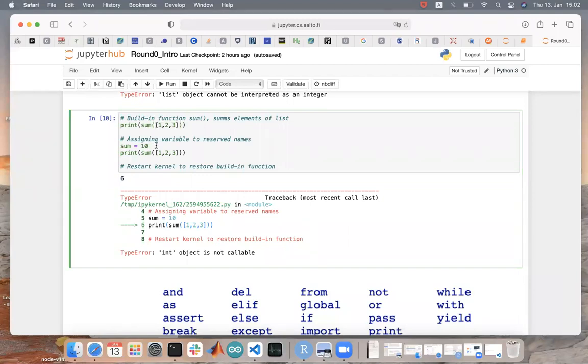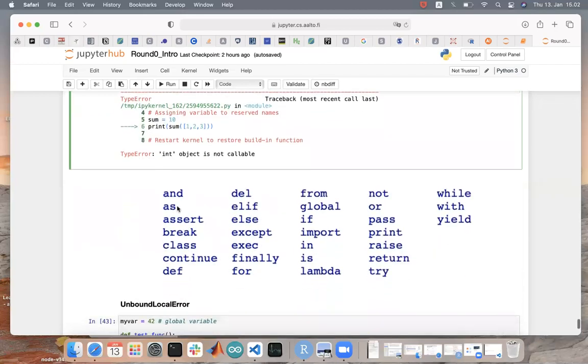So if I assign the integer value to this sum, what I am actually doing is overwriting this built-in function with some variable. So now when I'm trying to call this function, it's not working because now this sum is an integer, it's not a function.